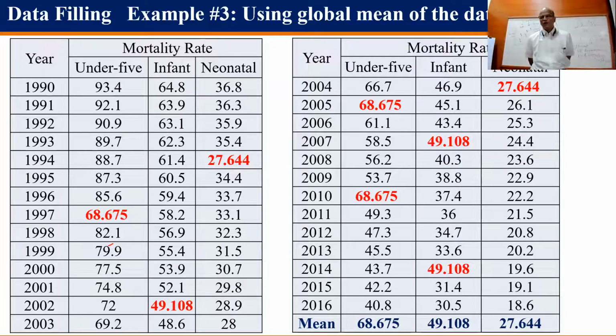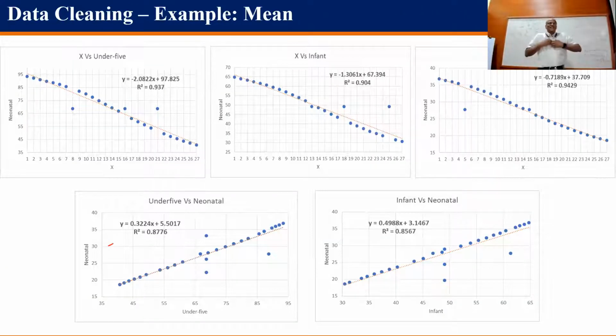Good proposal. Go ahead. If you do that, for 1997 the mean of the whole sample of that column is 68.67, so you put 68.67 in and fill it out. Similarly, fill out the infant mortality rate for 2002, the neonatal for 94, under 5 for 2000, and so on. Now apply the same methods we used before and try to get the regression. Let's do this. Now you can see that the regression has gone down, and also,